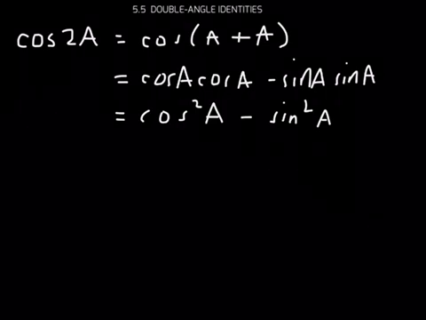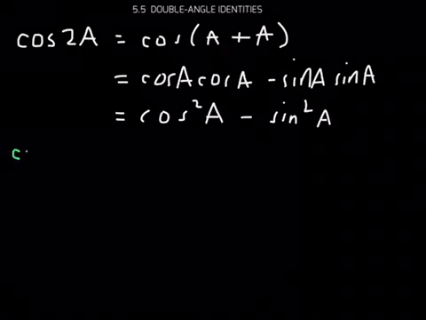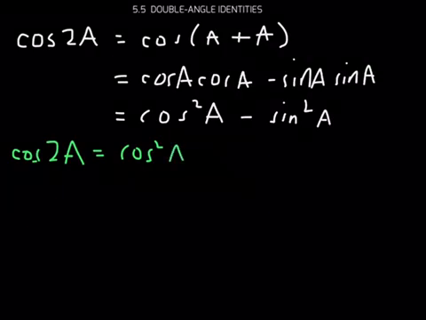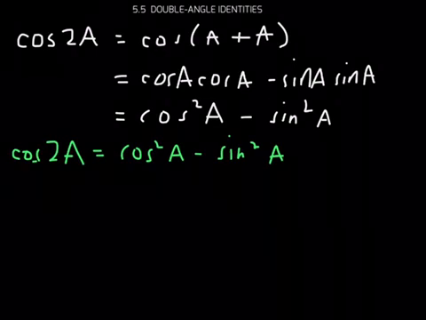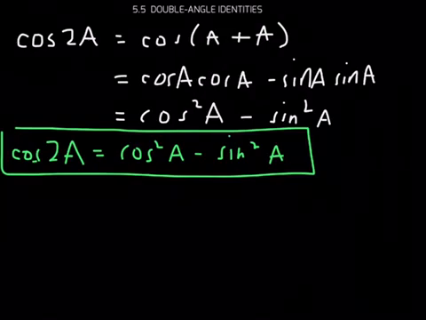I'm going to change the color for us. One identity is cosine of 2a is equal to cosine squared of a minus sine squared of a. Now, let me tell you this. You're going to have three different variations, or three different double angle identities, for cosine. This is just one of the three, all right? So you're going to have three different versions. Now, watch this. Working from this statement,